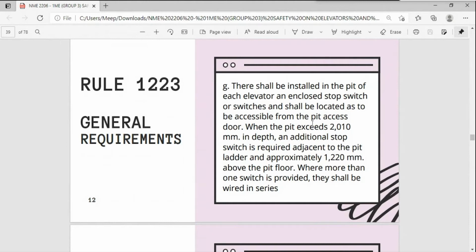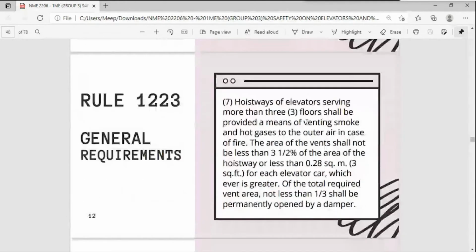Number 7. Hoistways of elevators serving more than 3 floors shall be provided a means of venting smoke and hot gases to the outer air in case of fire. The area of the vent shall not be less than 3.5 percent of the area of the hoistway or less than 0.28 square meters or 3 square feet for each elevator car, whichever